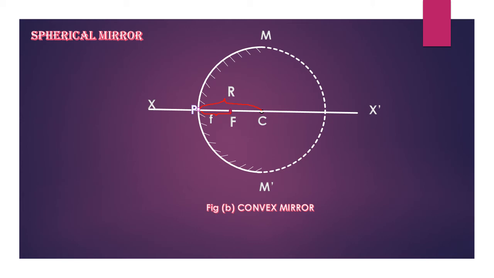Children, look at the diagram here. Here the diagram shows how a convex mirror can be considered as a part of a hollow sphere of glass. The reflecting surface is bulged outward and you can see the inner coating. And you can analyze that in a convex mirror, the center of curvature lies behind the mirror. The principal focus also lies behind the mirror. Radius of curvature, the length between the center of curvature and the pole, lies behind the mirror. So all the terms related to concave mirror are the same for convex mirror, except that principal focus we have to define in a different way, and that will be defined in the next slide.